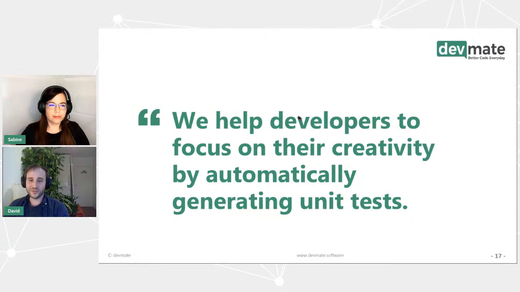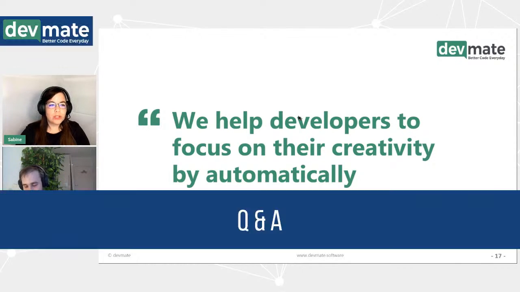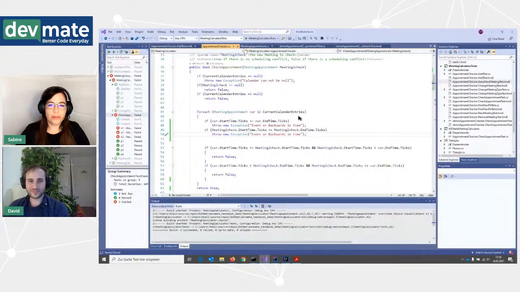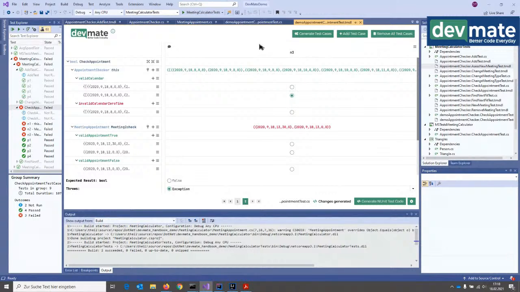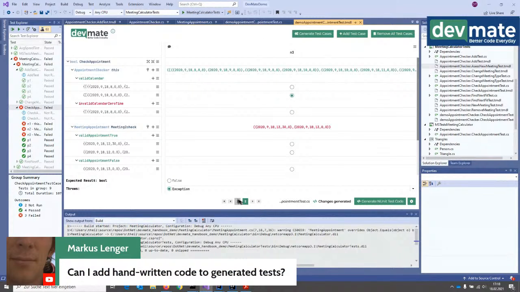And now back to you, Sabine. Thank you, David, for the detailed presentation and demonstration of the power of devmate and how fun it is to use it. We will switch now to the Q&A and answer the questions you have sent us in the comment section. I will switch you to full screen mode again so we can see what you're explaining to us. So the first question